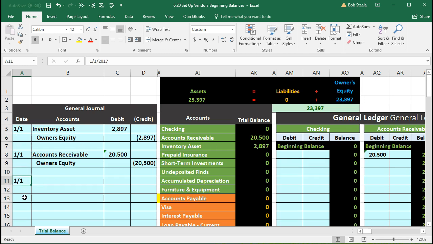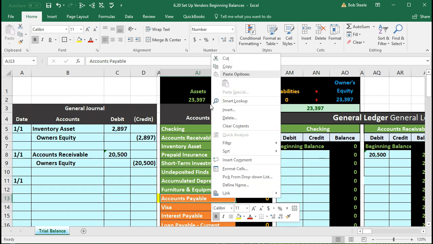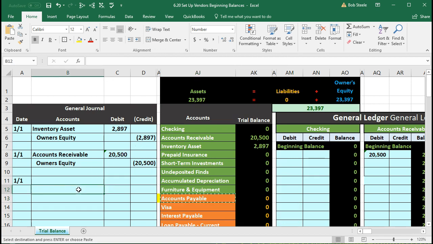We're going to start a new entry with the date on 1/1. Once again, first day of the year we will be operating in. And we are going to put the amounts here. Accounts payable is what we owe. Now, accounts payable is a liability account. We are increasing the liability account. Therefore, we're going to do the same thing to it as its normal balance, which is a credit. So we're going to credit accounts payable representing the fact that we owe the vendor, the one vendor in this case, $15,000. I'm going to copy this cell in AJ13, right click and copy, and put that over here in B12,